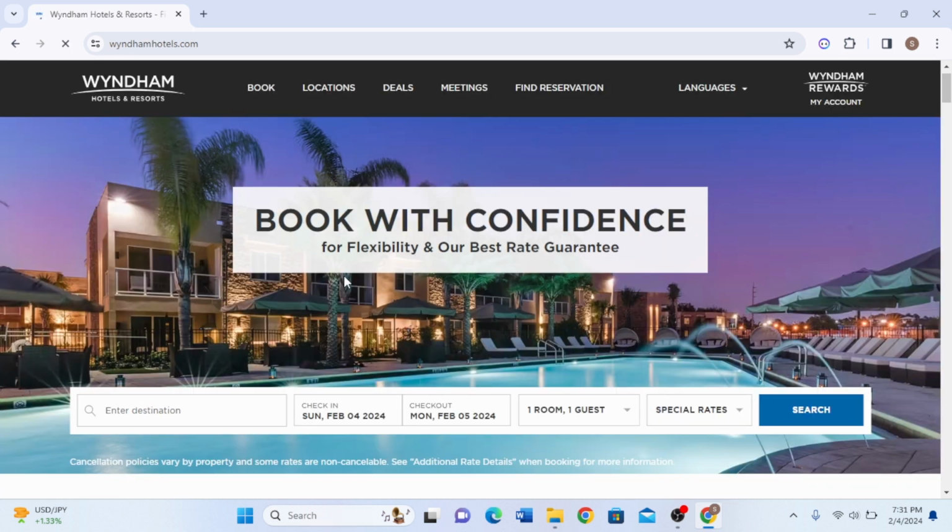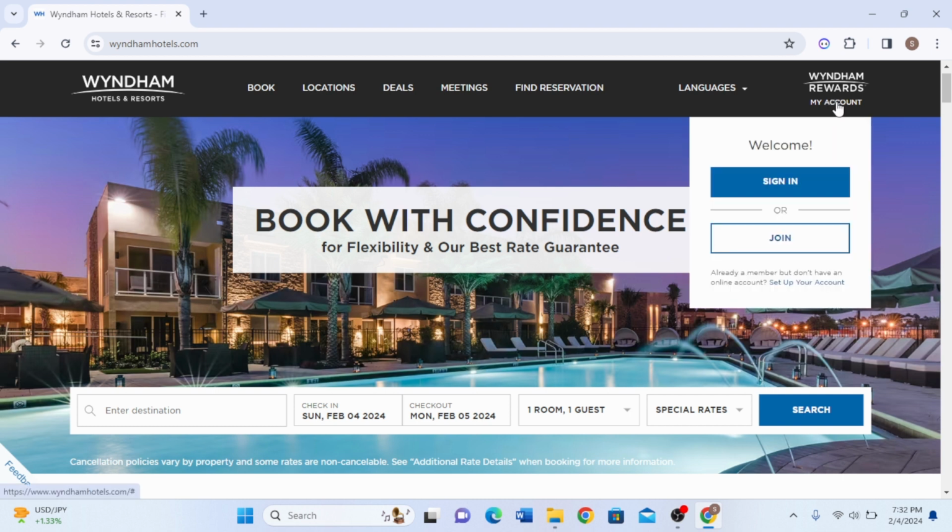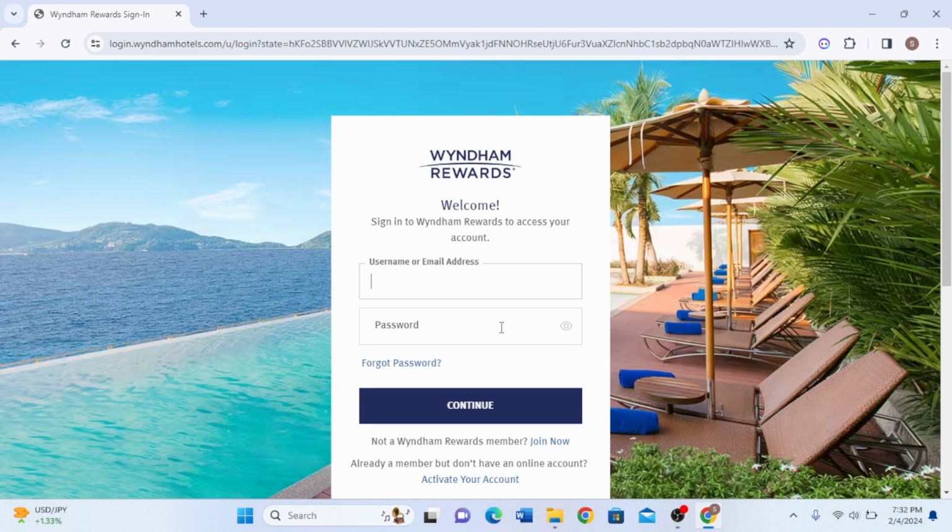And here we could see we just landed on the Wyndham official homepage, and in the top right corner right over here, there's My Account. Click on that option as well and you will get the option here that says Sign in or Join. If you have not enrolled or made an account, you can simply click on this option. But if you want to log in or sign in, click on this option